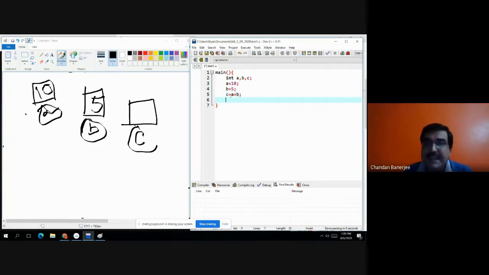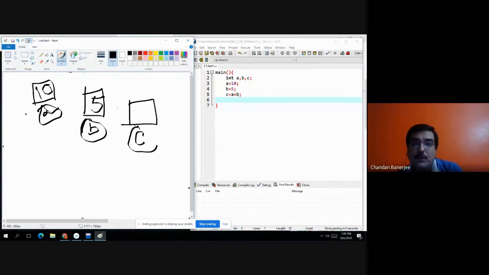It means a plus b will be added. What is the value of a? 10. What is the value of b? 5. 10 plus 5 will be added, that is 15, and it will be assigned to c.